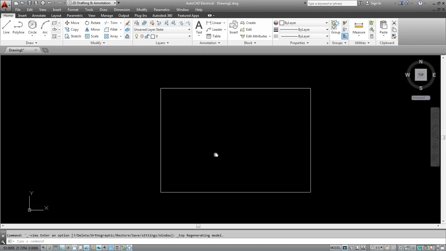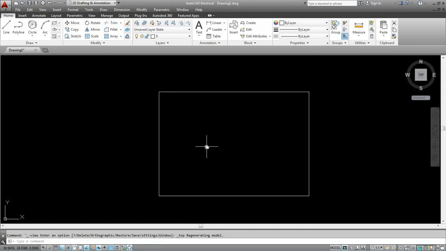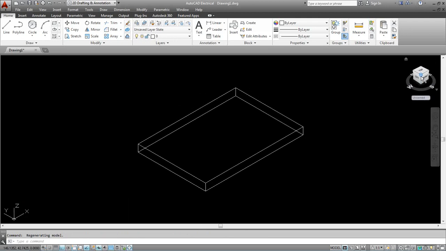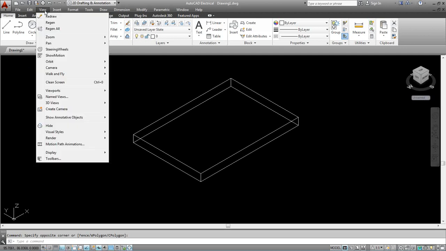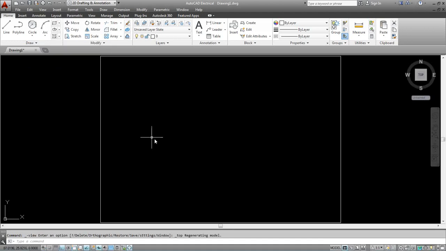As we defined, the thickness of the rectangle is 3, and that thickness we can see in the z direction. For the z direction, just go to the isometric view, and now you can see that in the z direction there is a thickness of 3 mm. We will learn about this z direction in more detail in our 3D session. So again, going back, just go to view, 3D views and top. Okay,